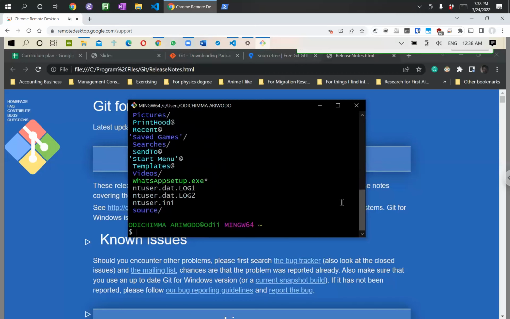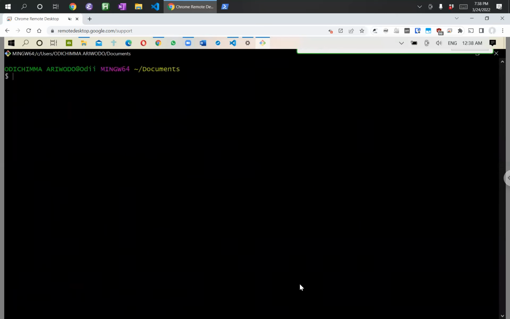See, it's got some colors here for different folders and stuff. And so if we want to cd into documents, we can still do that. We can still ls, we can still clear, right? All the same stuff. Okay, now, but what this will let us do is if I go back up,